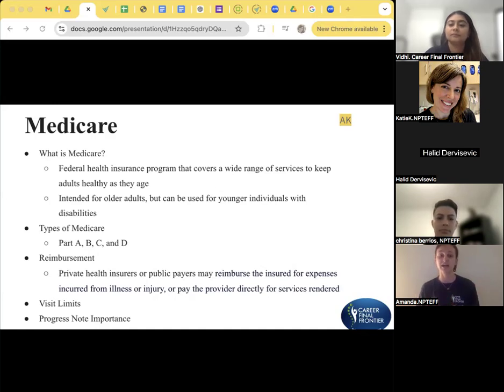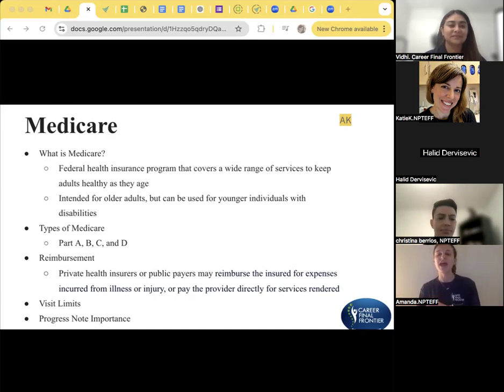Under Medicare, there are 4 different parts. We've got part A, which is the hospital-based insurance. We've got part B, which is the outpatient-based insurance. You've got part C, which is the voluntary private insurance, and then part D, which is private prescription drug coverage. Nothing we have to know, but just to at least throw them all out there.